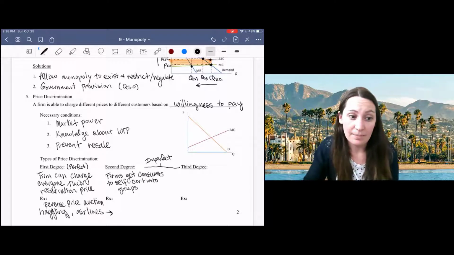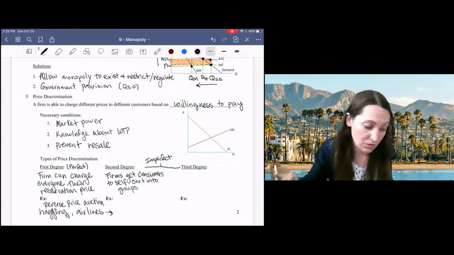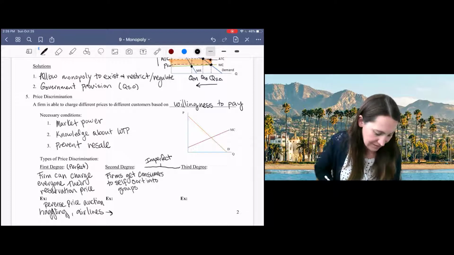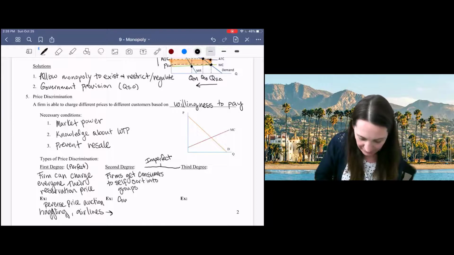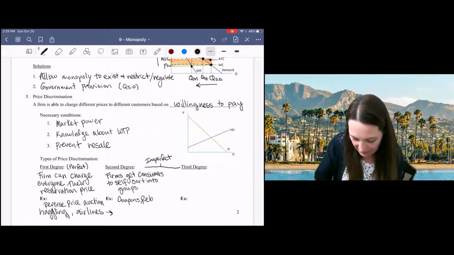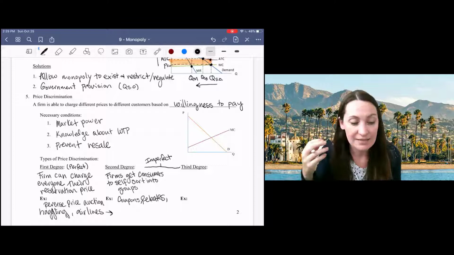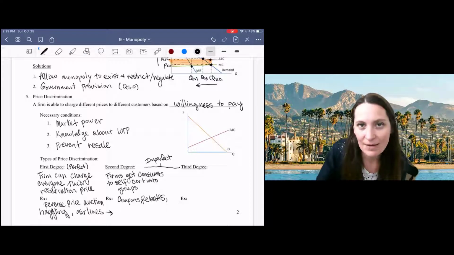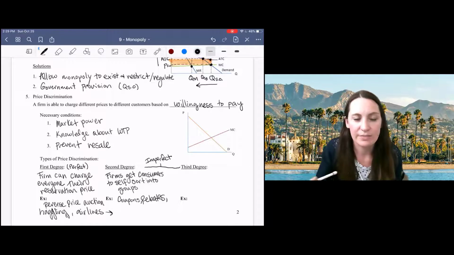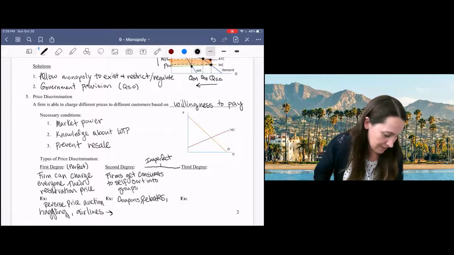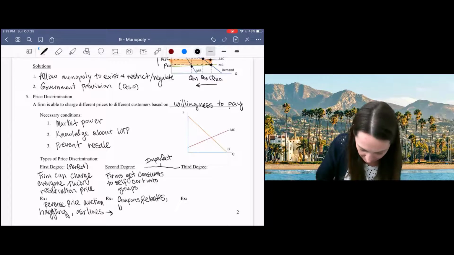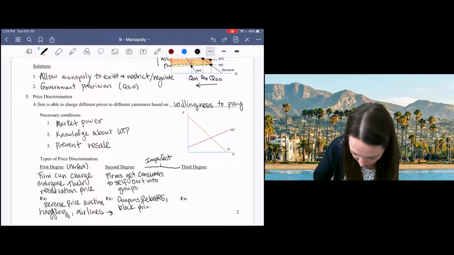So here, what's happening is that the firm has some lower price, but you have to jump through hoops to get that lower price. And that's going to happen in situations where we have coupons or rebates. Typically, this has to be kind of a hassle to go through. Otherwise, everyone would do it, right? So the high willingness to pay customers are not going to spend their time clipping out coupons, but the low willingness to pay customers will. You might also see block pricing here, or quantity discounts,